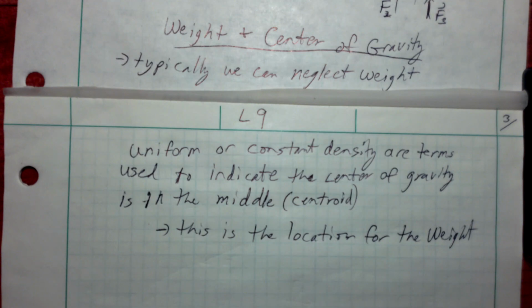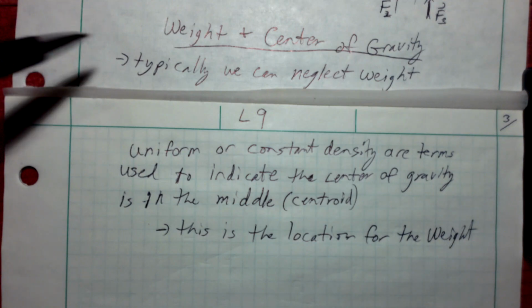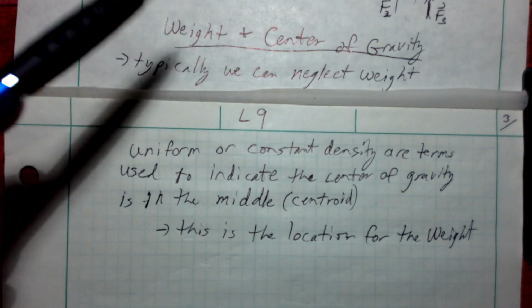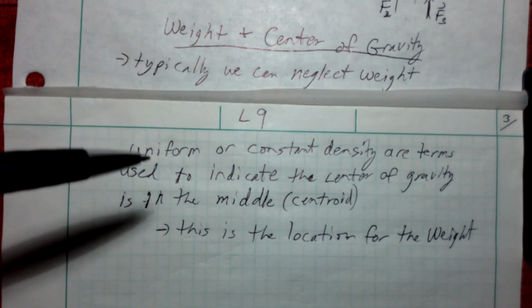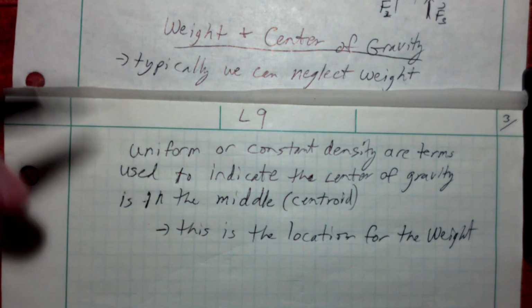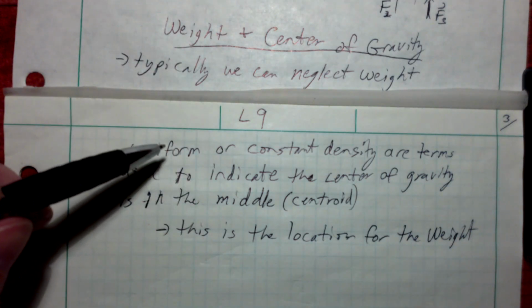Now, what you find then is the weight can essentially be treated as a distributed load, and if it's uniform, that means it's a constant distributed load throughout the object. And like we talked about with distributed loads, when I convert that into a singular force, I just need to locate that in the center of the object. That's basically what we're doing here. We're saying treat the weight like it's a rectangular or constant distributed load, and locate it at the center